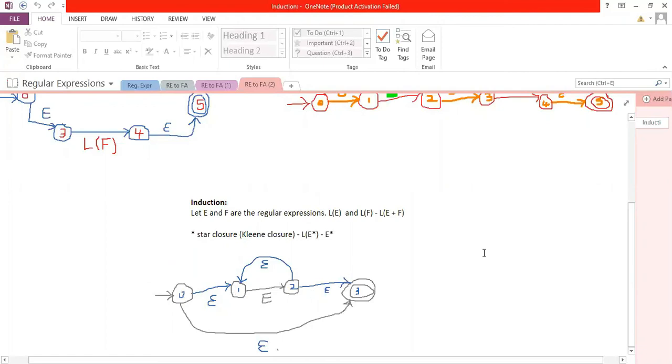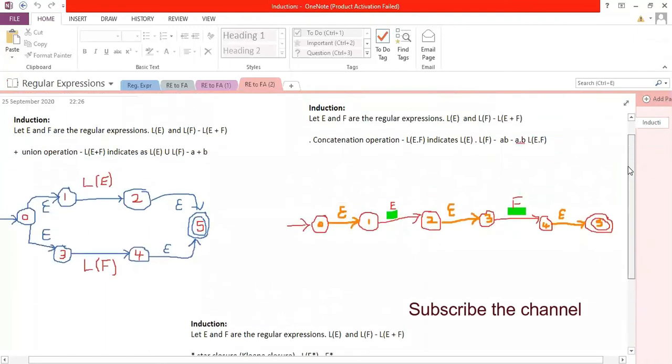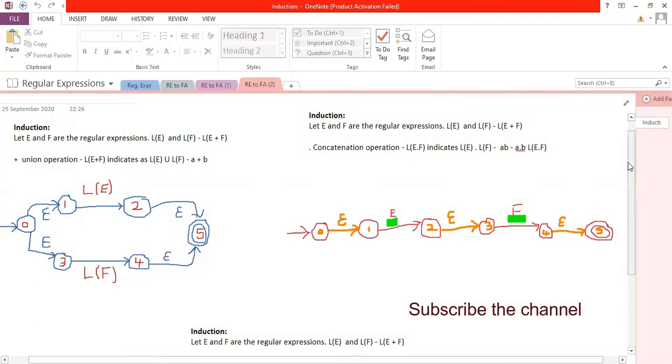That means when you say it is A, you just say 1 to 2 is A, then you come back to accept the second A, and you reach the state 2 with accepting the second A. So however many A's you have, you can keep on accepting by repeating this transition. This is all about the generalized conversion procedure for converting from regular expressions to finite automata.